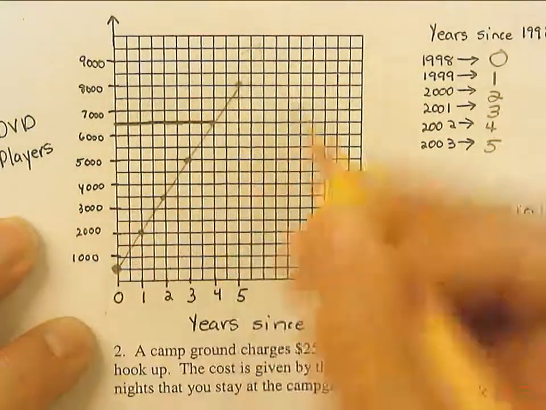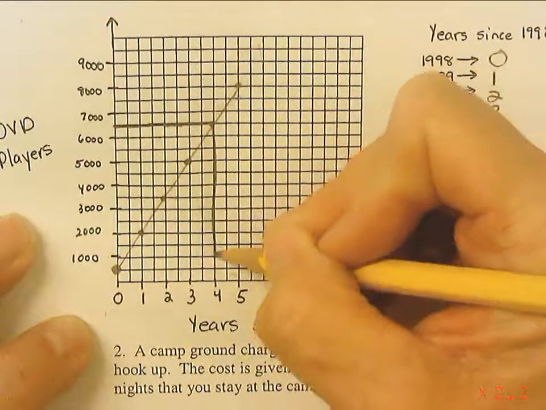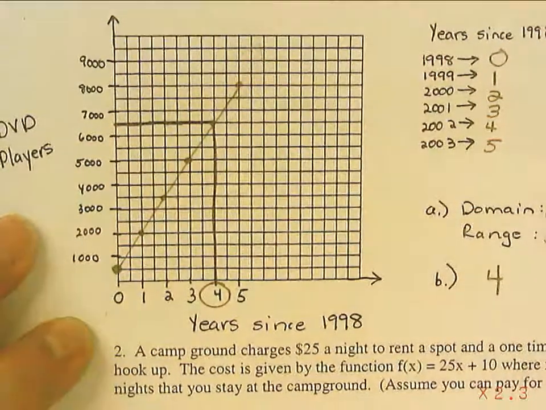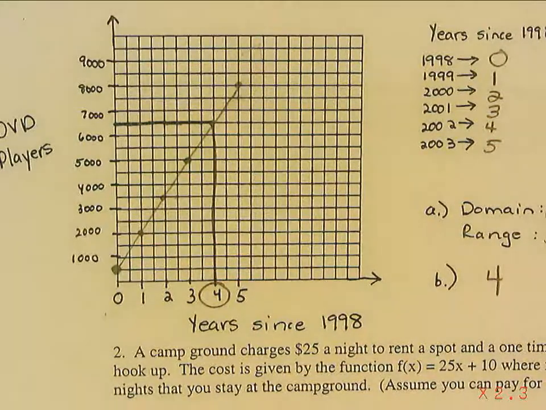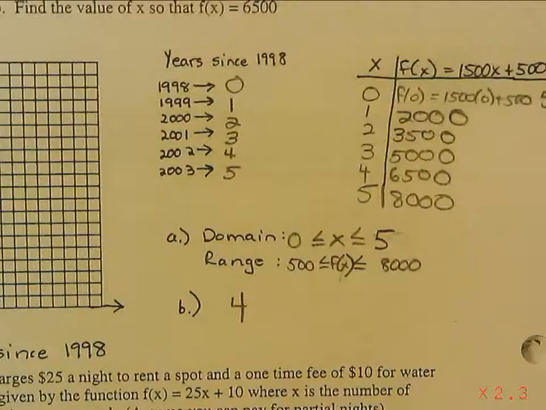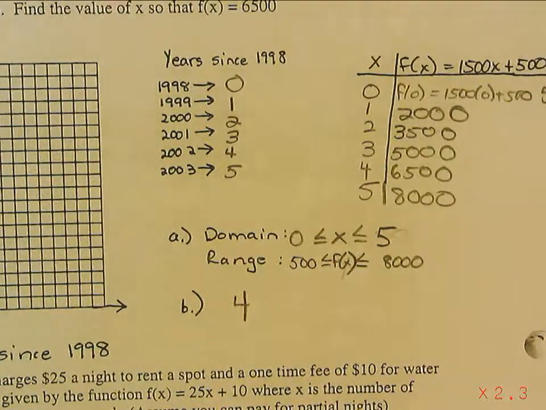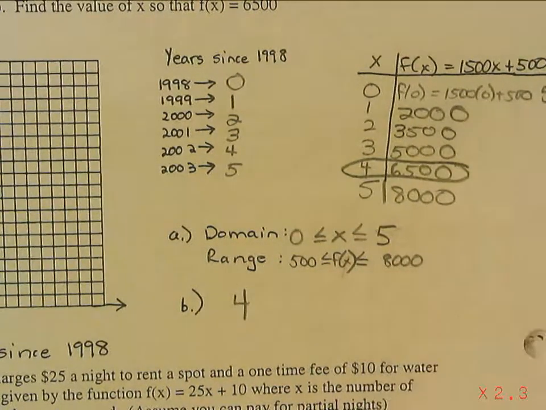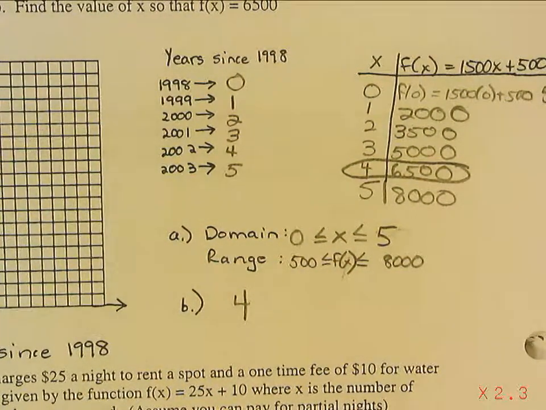I go from the y over here, and I go down, and I see the answer's 4. Okay? That's one way to do it. Use the graph. Another way to do it is I can use the table. I already did the math, and when f of x is 6,500,